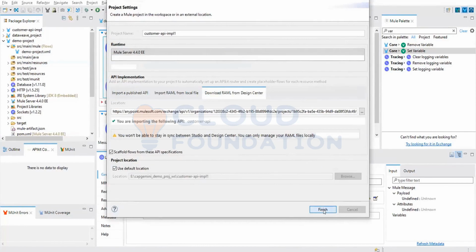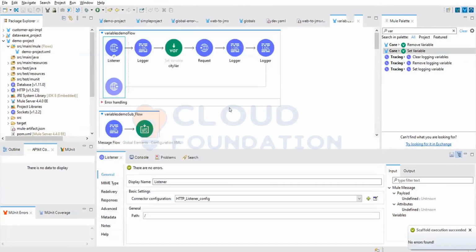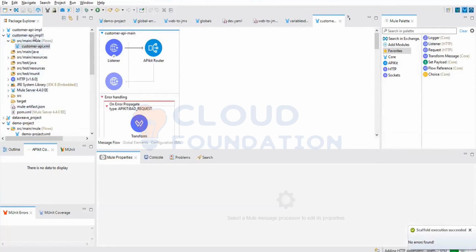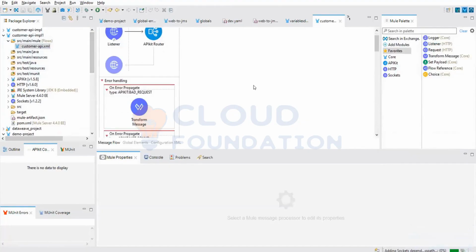So it will create a project that implements the customer API, which is... see, I create a project called customer API. I am here one. And if you see this project,